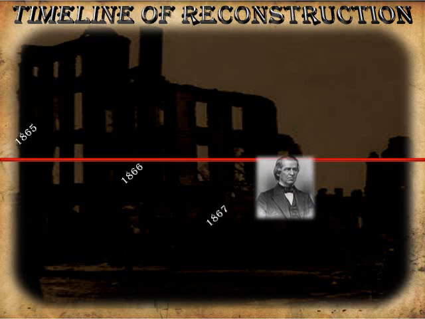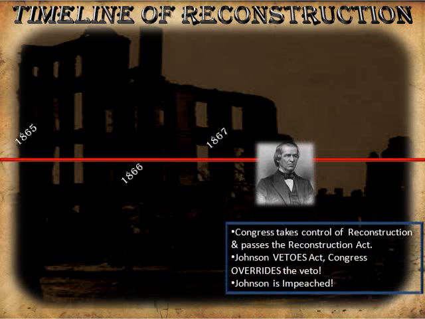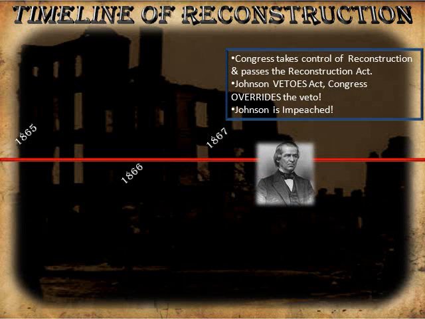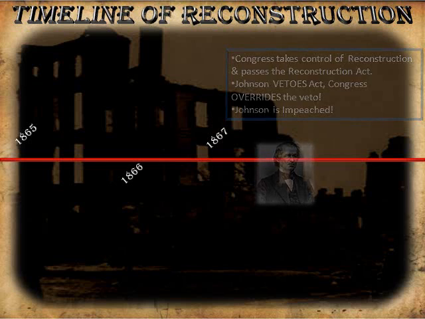In 1867, Johnson, still fighting for any kind of control over Reconstruction that he can get, once again is kind of bullied into the passage of Congressional Reconstruction or military Reconstruction. And even though he vetoes the act, Congress overrides it. They look for some charges with which to impeach him, and they do. And even though they find him not guilty, he is severely weakened in his capacity as president.